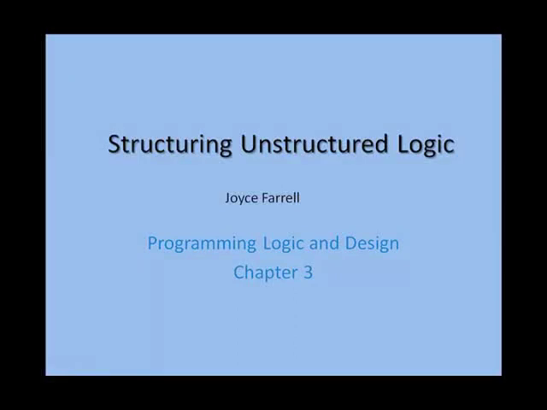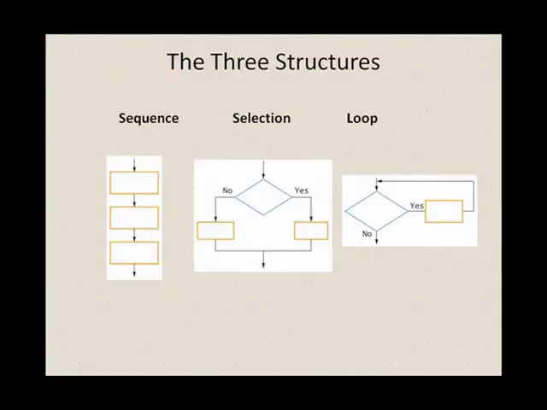In this video we're going to structure some unstructured logic. The three structures in structured programming are sequence, selection, and loop. In sequence, one event follows the other. With a selection, a question is asked and one of two logical paths is traveled. And with a loop, a question is asked and while the question continues to be true, the loop body continues